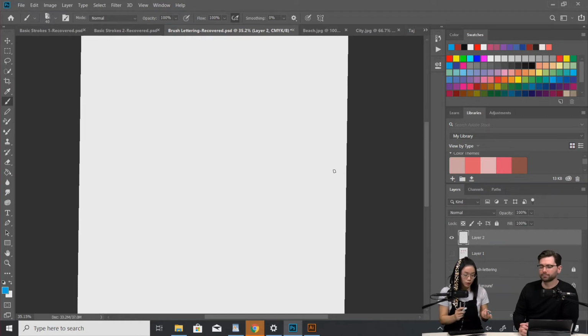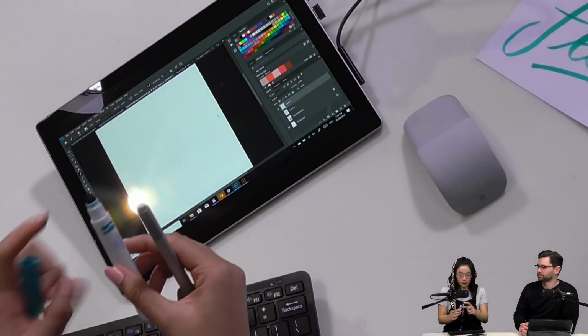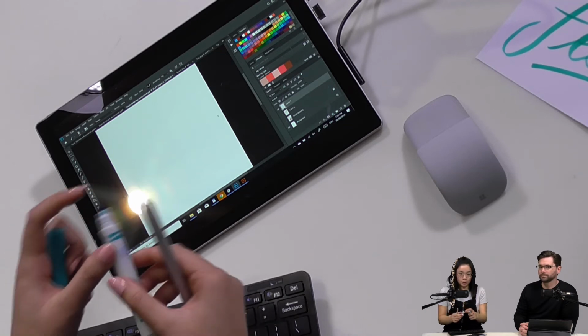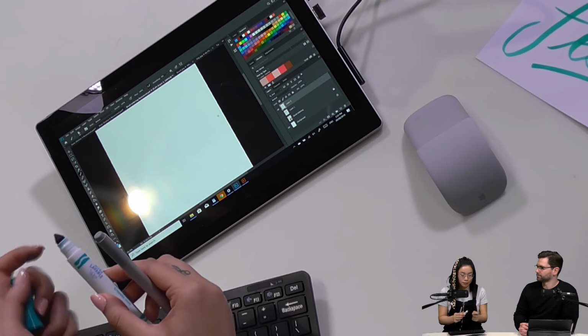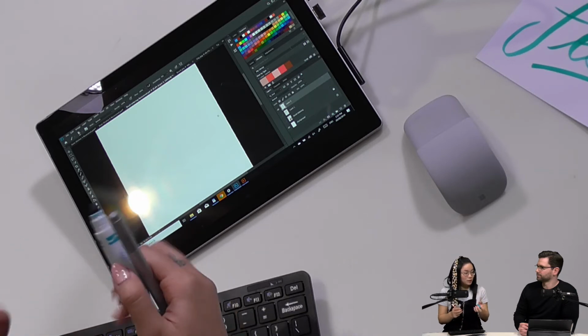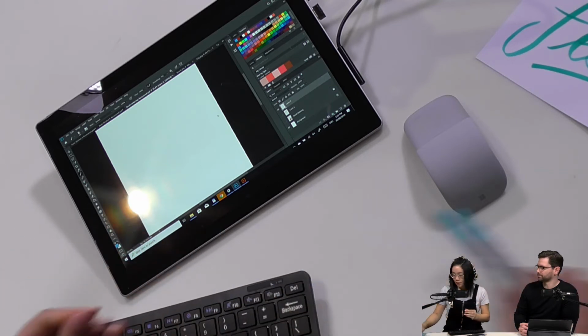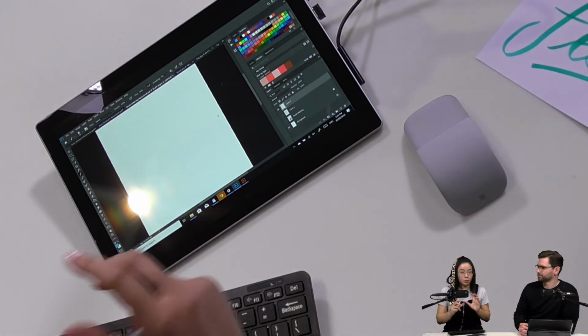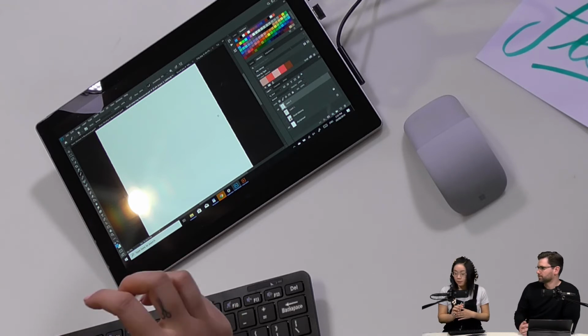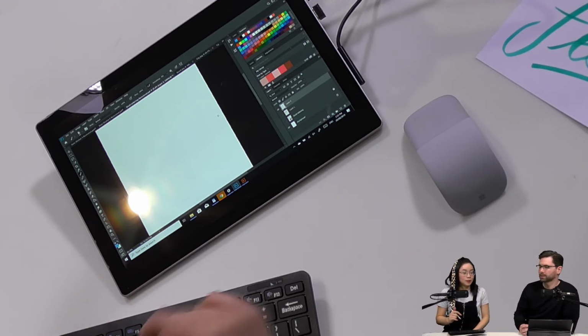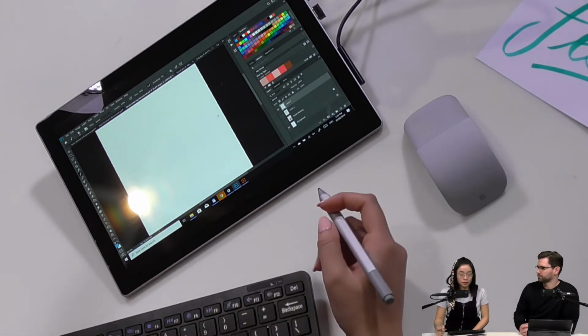I guess it depends on what style you want to go with, but this one is very pointed. It'll make the light strokes very thin, and if you're going for a round one, obviously it won't be as thin. It will just be the width of the actual pen. So you could use pretty much anything, depending on what kind of style you want to go with.